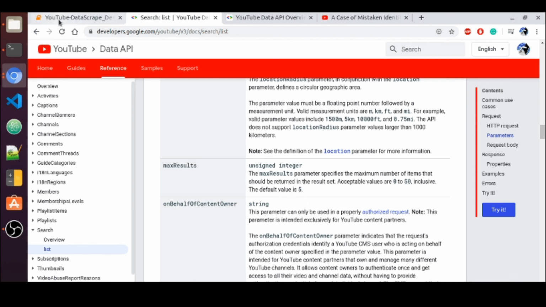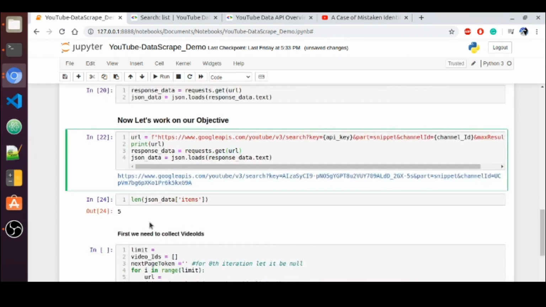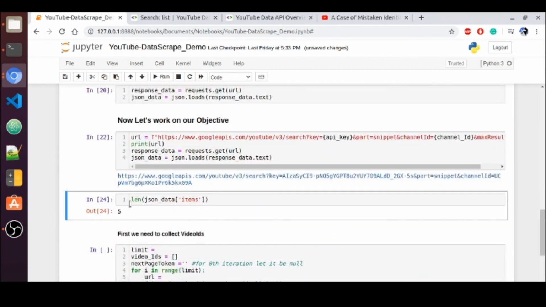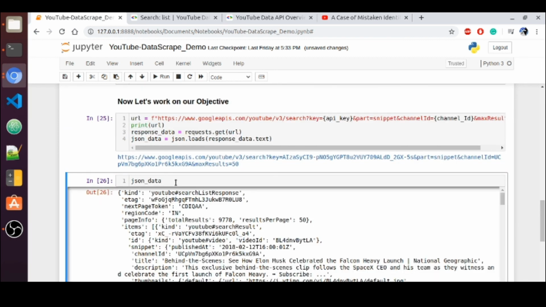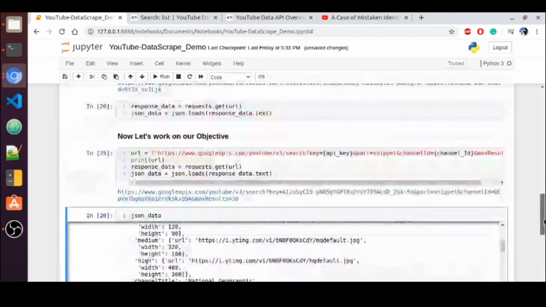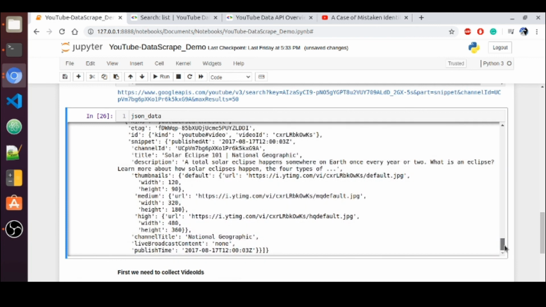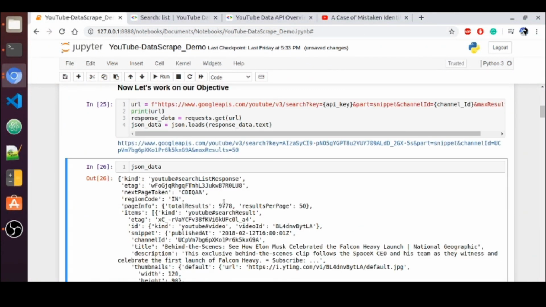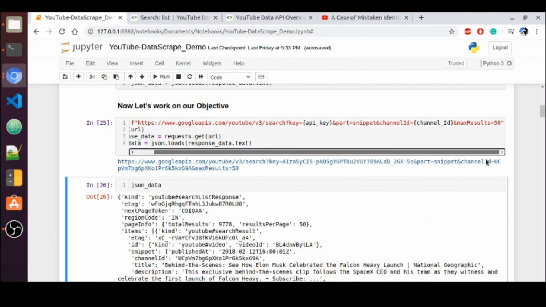What I will do is modify this and pass this parameter with 50. Now we will get 50 videos per page. Let me run this as well, and let me remove this, and I want to show you. So here we can see a very big response. In a single page, in a single response, we are getting information for 50 videos. There will be a lot of results, but per page it is loading only 50, since we have passed 50 here. Earlier it was 5, now it is 50.